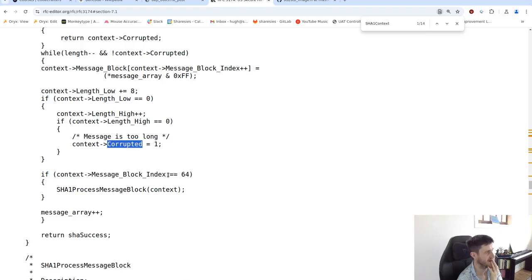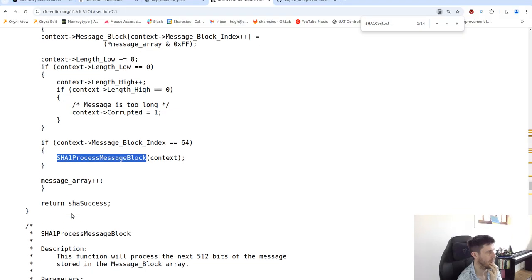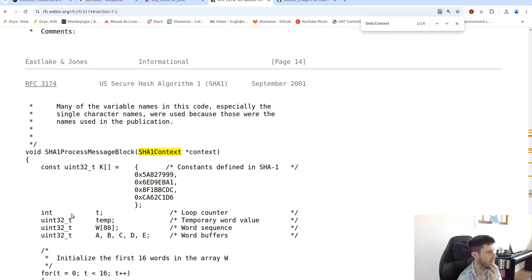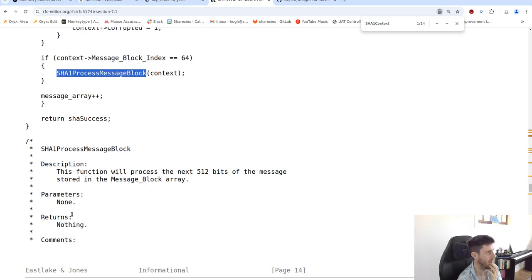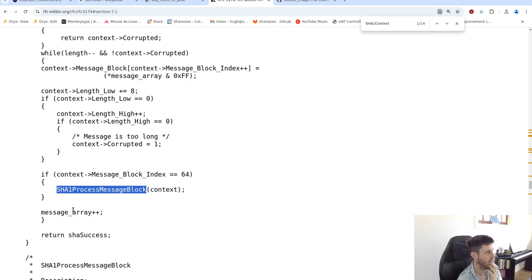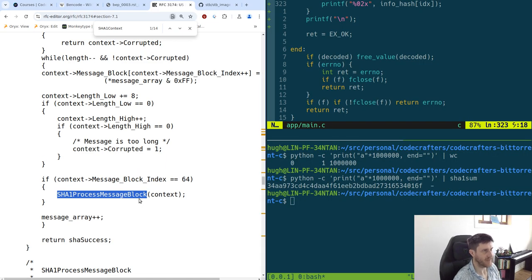And then if we get to the last one, we process it. So yeah, every 64th one we will process it. That kind of makes sense. So yes,